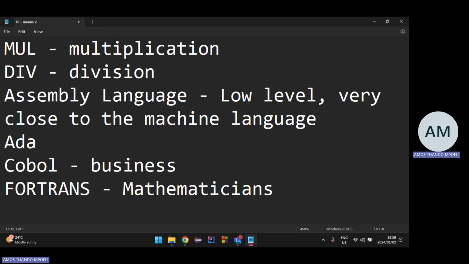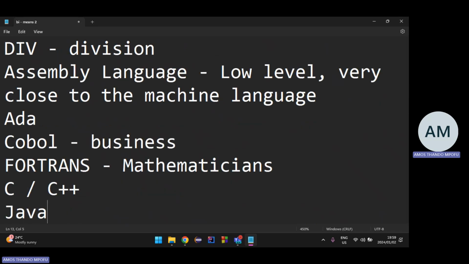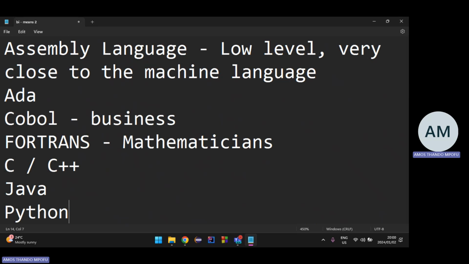They started making different programming languages, right? Then C++ came into the picture. Then Java came into the picture. Then now we have the most simplistic language, the most straightforward one, Python.